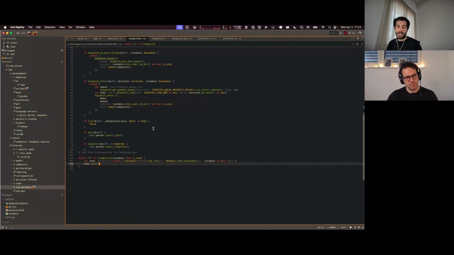And so I think it's necessary to do it similar to this because we want to be cooperative, right? We want to grab the main thread just for a little portion of time so that one of our futures can run, then we let go of it, and then other stuff in the queue can make progress, and then when it's our turn again in GPUI, we can again timeshare basically